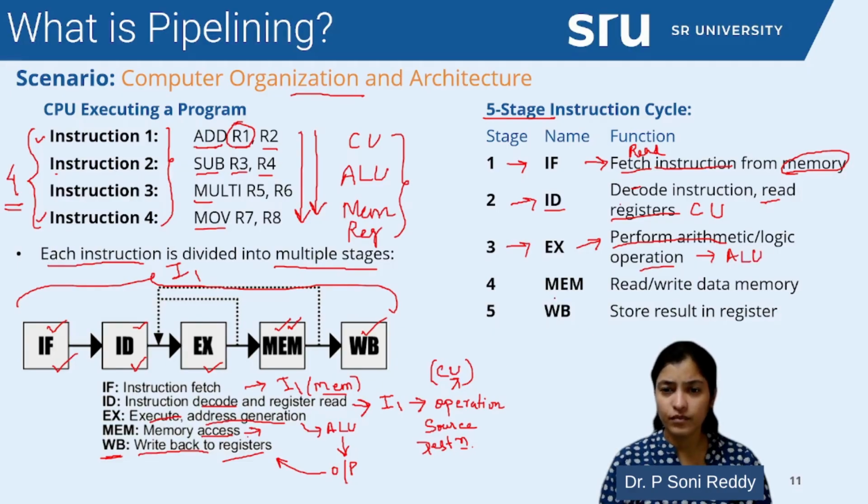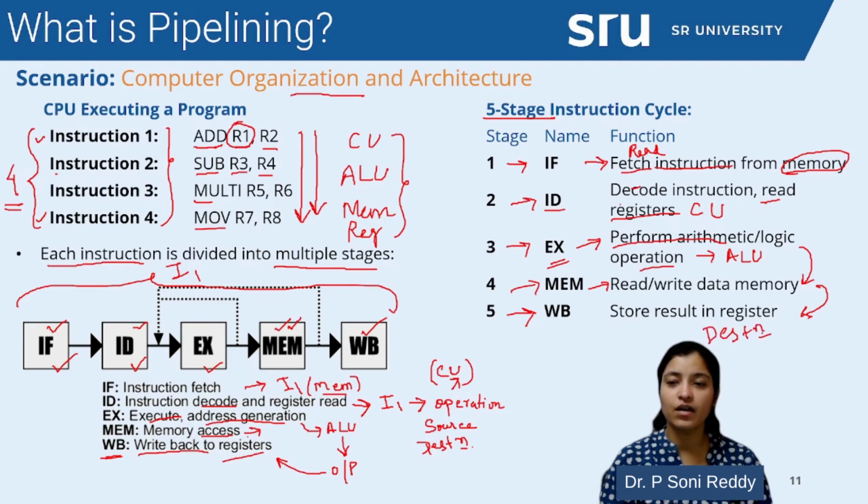The fourth stage is your memory read cycle or write cycle. That means in this step, when we are doing the execution, the ALU is going to do some arithmetic operation. The output of this arithmetic operation needs to be stored in some memory location, which is done in this step. The final one is your write back stage, where the data that is generated is stored in your final destination, that means the final location. It's just some register locations.